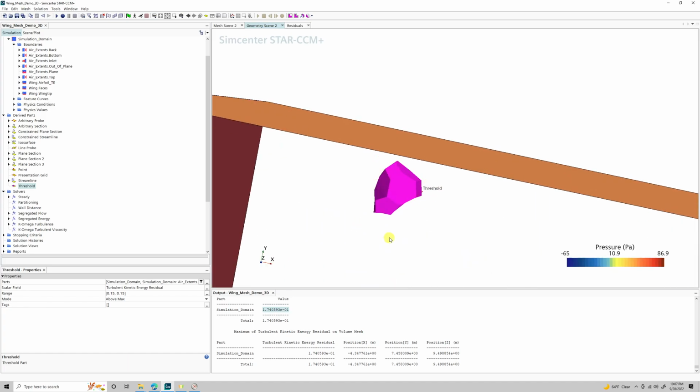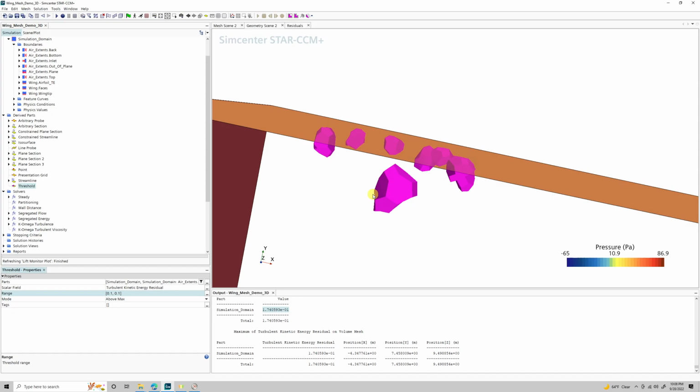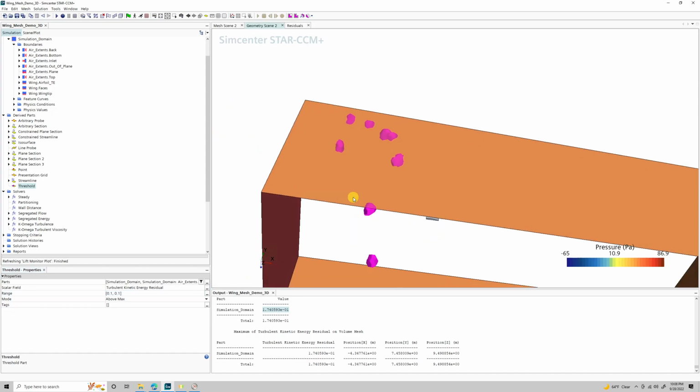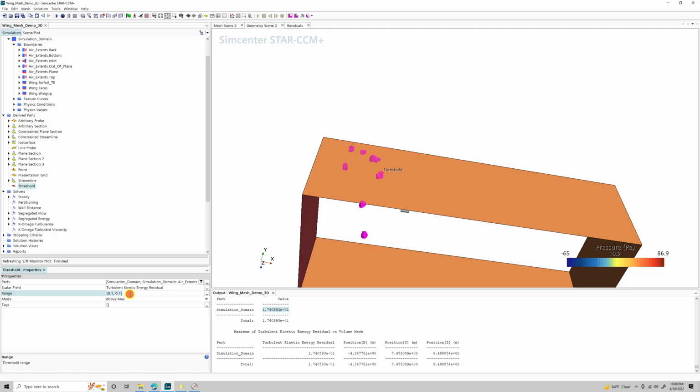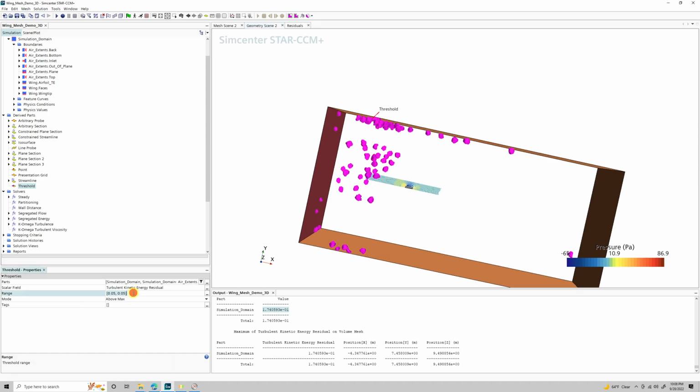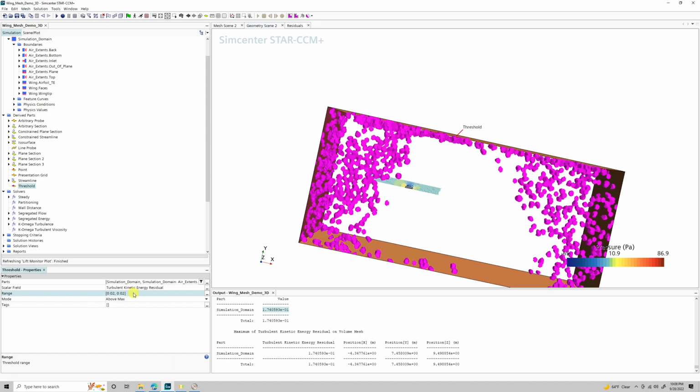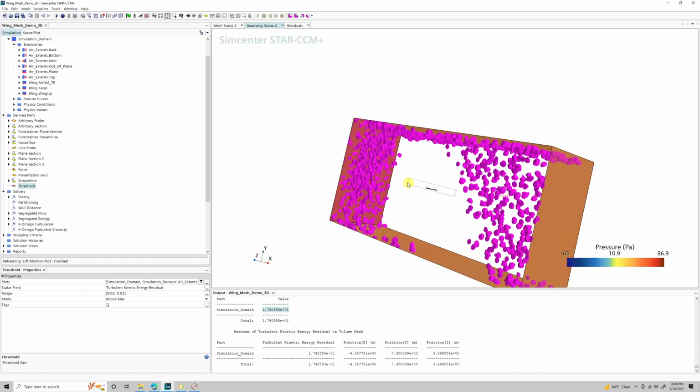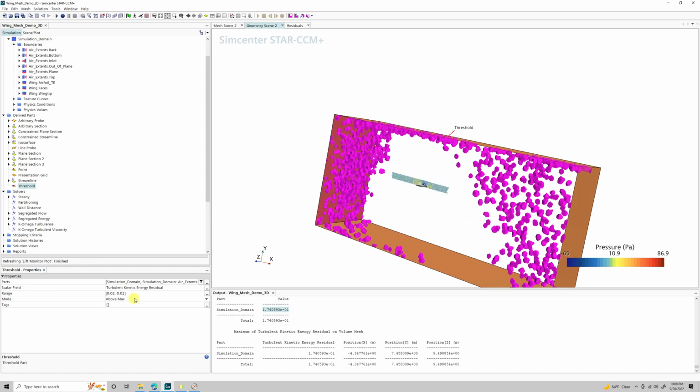So these cells have a residual above that value. Might be an issue or might not. It's impossible to tell right now because the simulation isn't necessarily unstable. It's only run for 14 iterations. But we can look for other pockets that are, in this case, all of these are greater than 0.1. 0.05. More pockets. You get the idea. As more and more of these pop up, we're going to get more and more cells highlighted. 0.1,